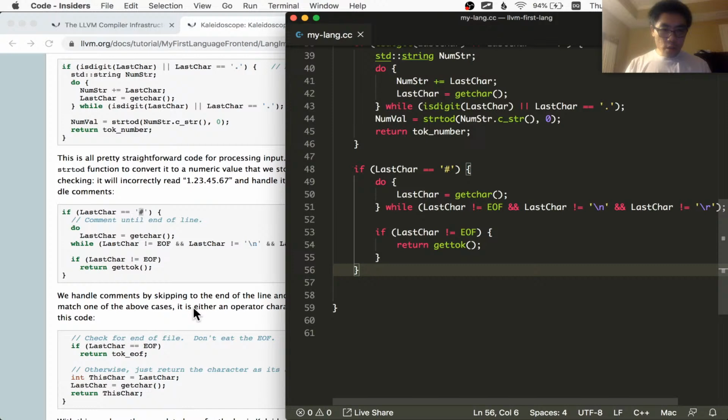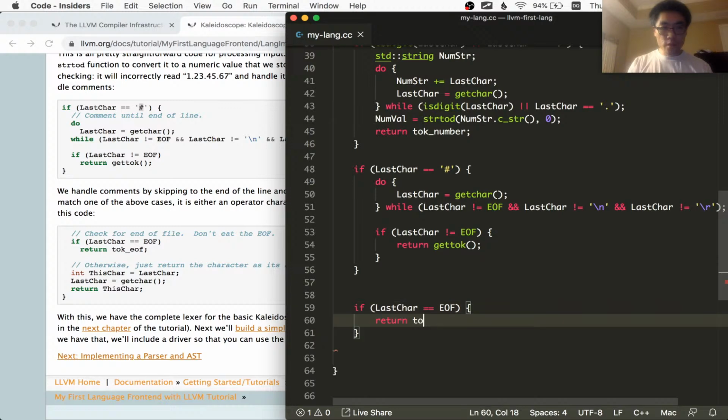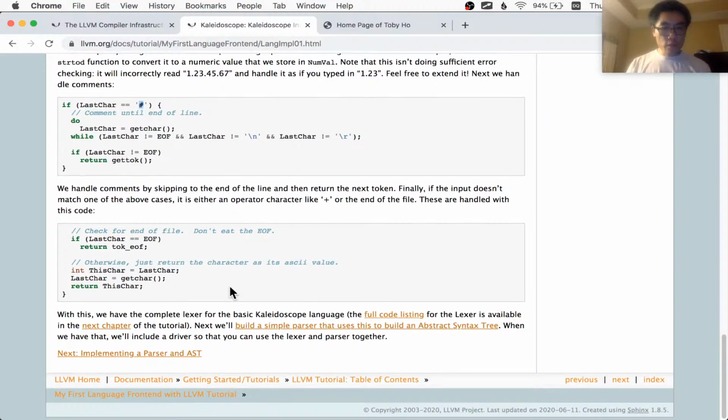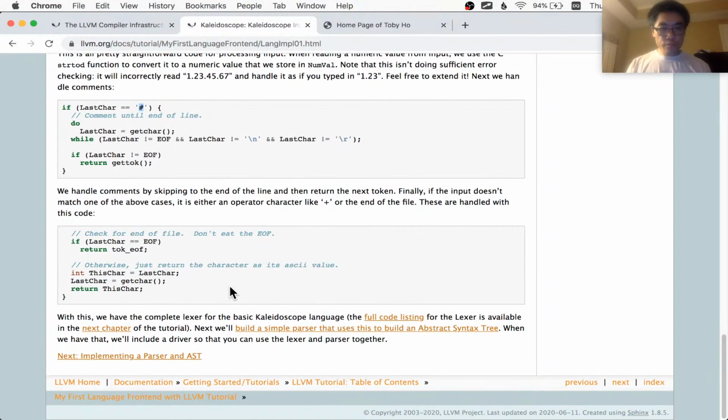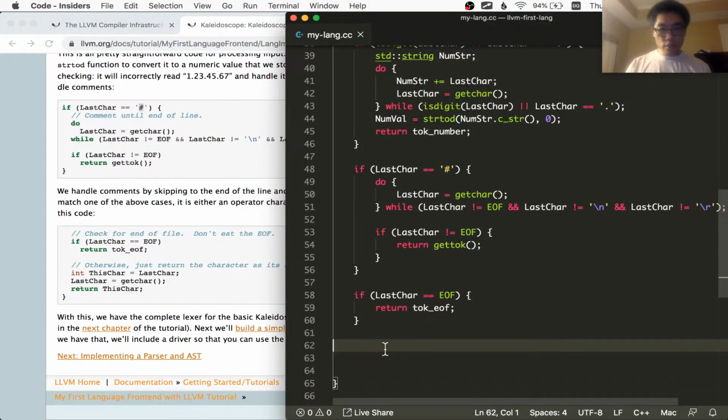And then finally we have this code that says if last char is EOF, then we're going to return this EOF token, tok_eof. And then finally, if all of these cases fall through, then we're just going to return